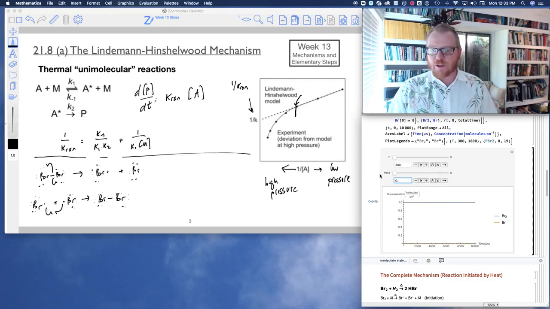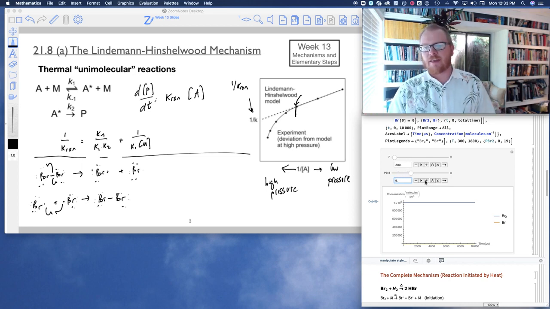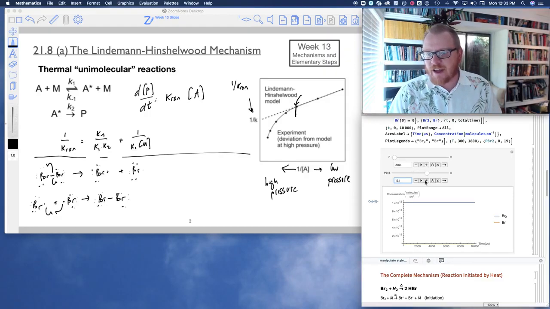I think, oh, look at this. Yeah, my model wasn't being computed correctly. Because at 1 molecule per cubic centimeter, there should still be no reaction with this. Okay, so good. I think my manipulate model was getting confused. Right, so this makes good sense. At 300 Kelvin, even when I turn the pressure way up, I get no reaction. Good, that's what I expect. But now if I go back to this low pressure limit here, and I start going up in temperature,